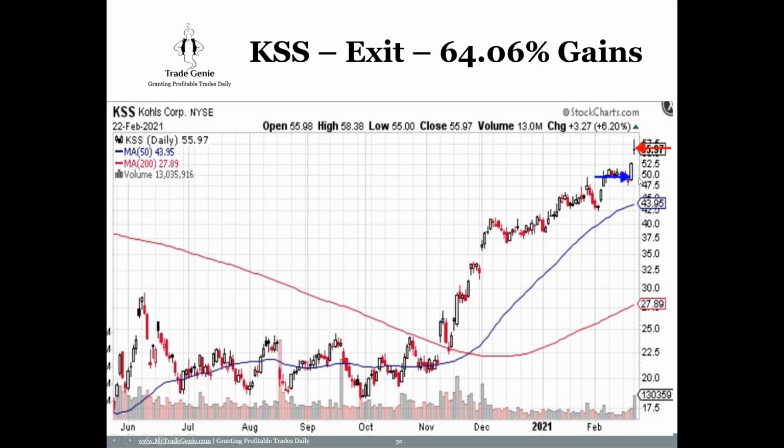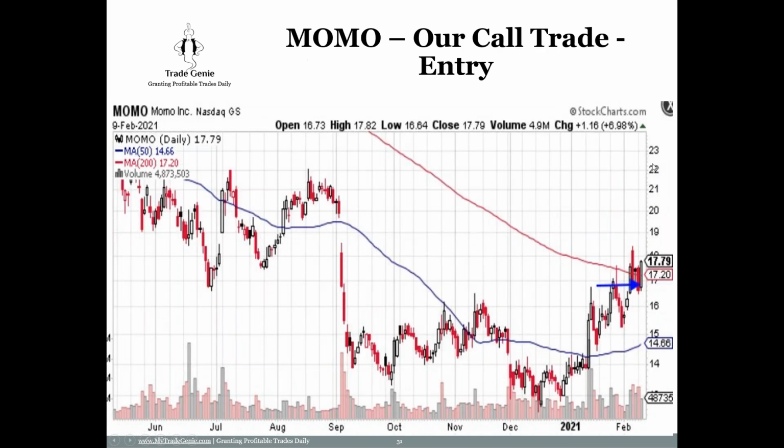So I got in, and you see the next day it gapped up, and it went higher. Because the entry is here, and the next day you see the gap, and this is the bar, I exited at 64%, and then there was news and it went up further. If you enter on this bar, you catch it, and you exit here on high volume. When the market is gapping up with big volume, chances are that the next day it will pull back because no buyers are left. So I exited at a 64% gain.